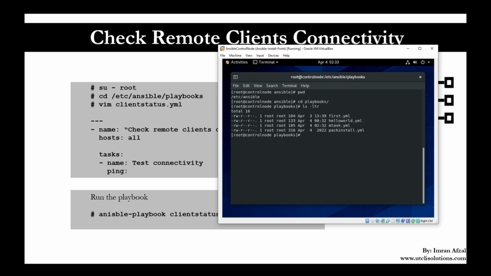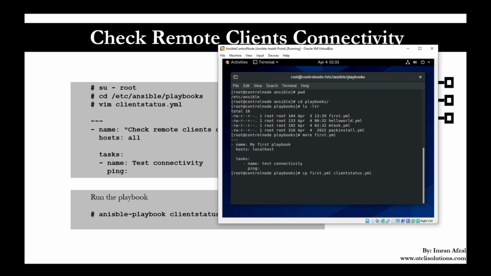Here in the playbooks, we already have a connectivity playbook that we created, which, if you remember, is the first.yaml file. If you do more on the first.yaml file, this is the one that we created for our local host. So the best thing is we'll copy that first.yaml and we'll create a new one as client